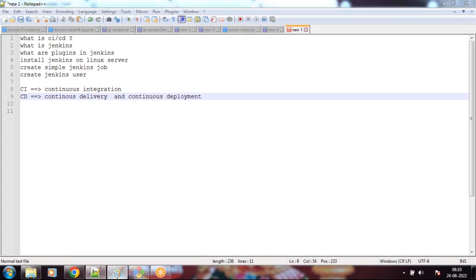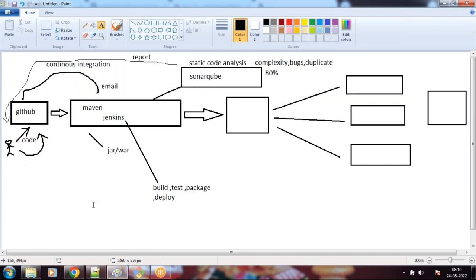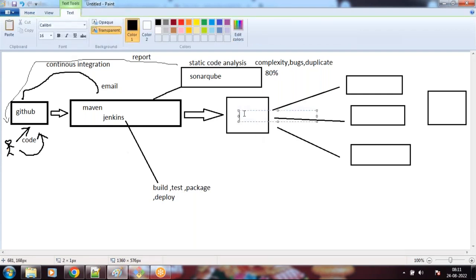Clearly observe this. Till this process is clear, let's say everything is good. The developer has fixed the code and there are no exceptions. Let's say Jenkins started the build, tested the code, and packaged the code. What is the output of this package? The output of this package is nothing but a jar or war. So once this jar or war is built,